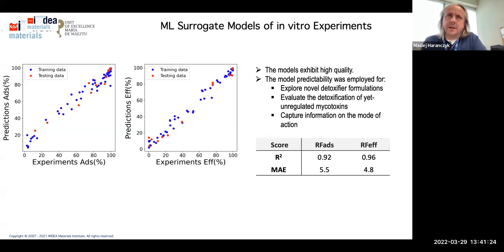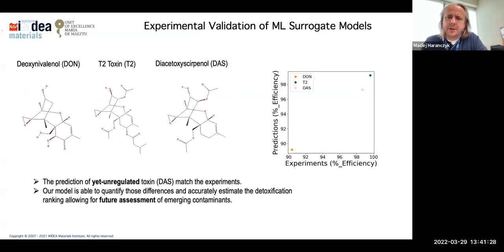We also tested how this model works for different toxin molecules. Here are 3 examples of different toxins with different chemistries, and as you can see, our predicted efficiency confirms the experimental efficiency. So we can demonstrate that our model works for different molecules.